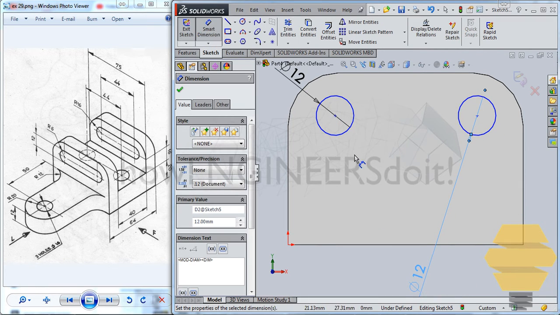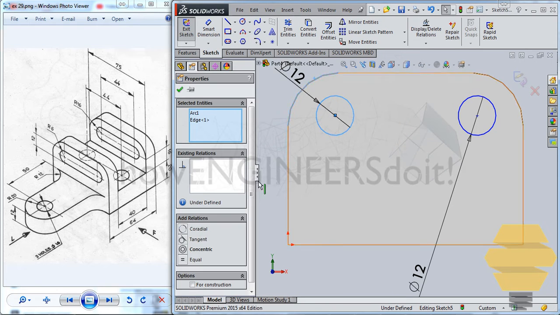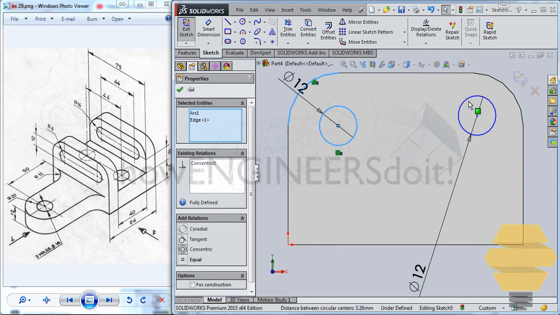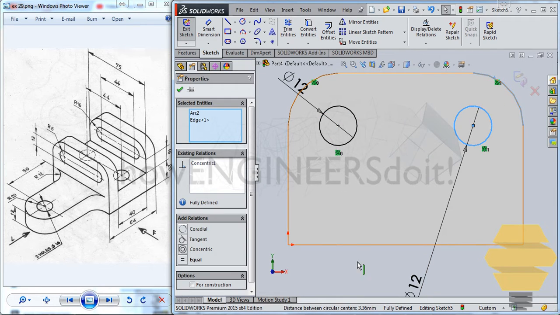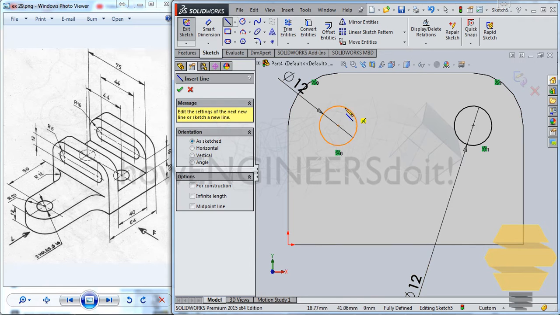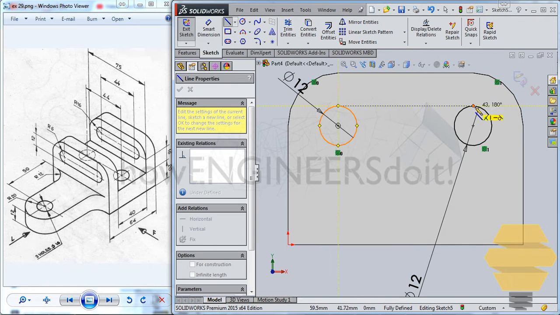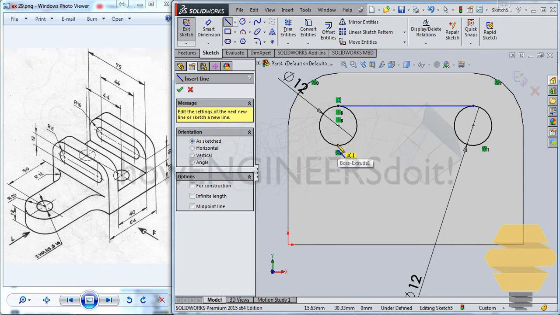Diameter 12, and the circle will be concentric to this. So let's just put that concentricity here. Now we can create a line from this point to this point, and similarly you can create another line